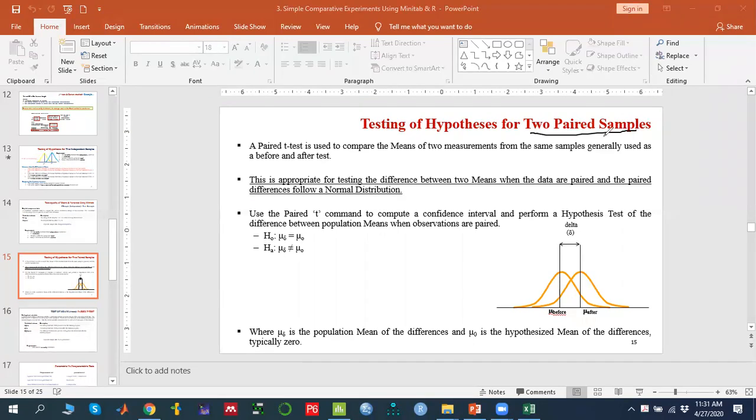We have taken the data from a machine before maintenance, and then we have taken the data after the maintenance to check whether the maintenance has some significant effect or not,